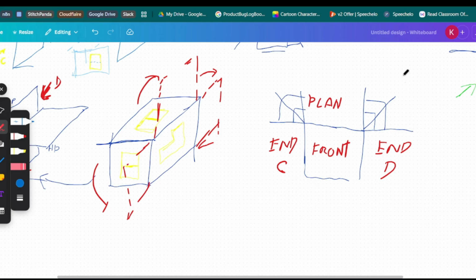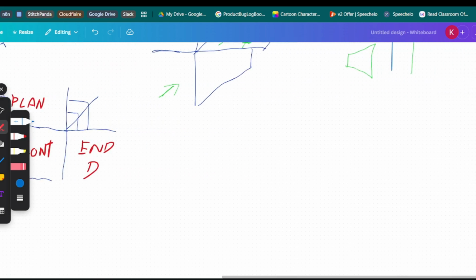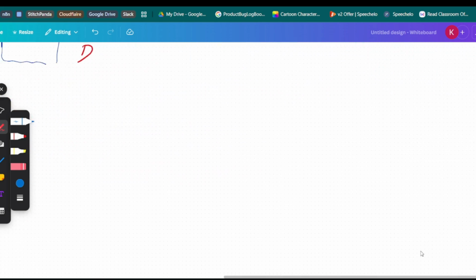So we're gonna just save this, and that's it for the basics of first angle and third angle projection. Another thing that I just wanna cover very quickly, but